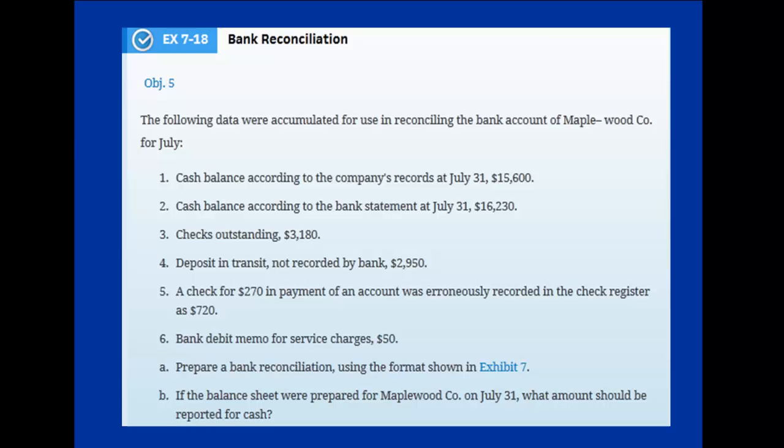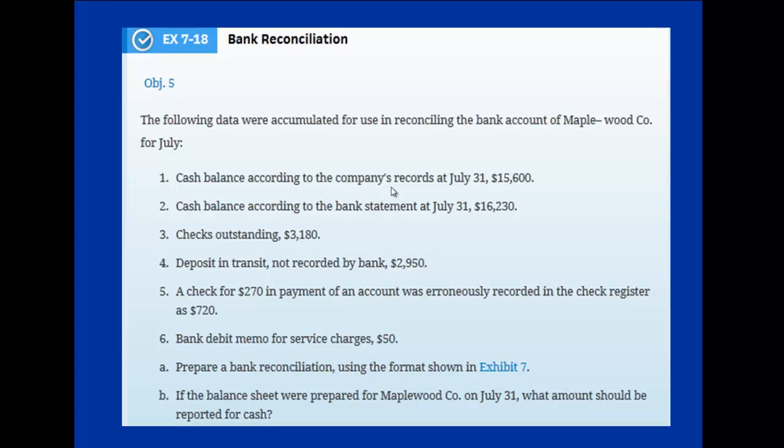Okay guys, today we're going to learn how to prepare a bank reconciliation. Bank reconciliation is where we are going to reconcile, or understand the differences between our